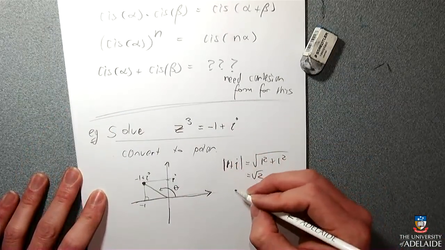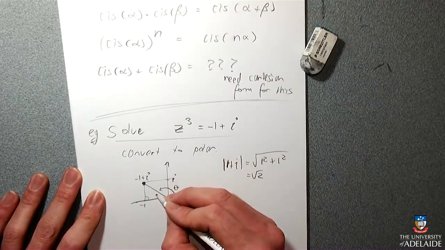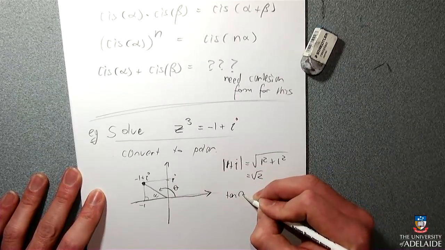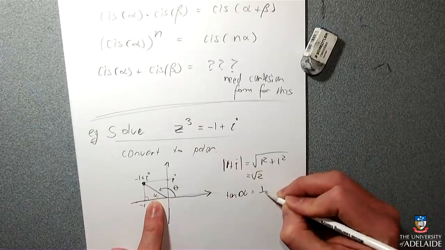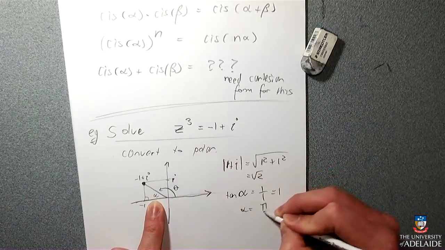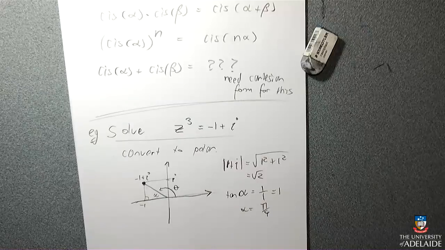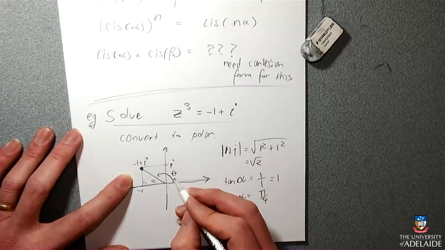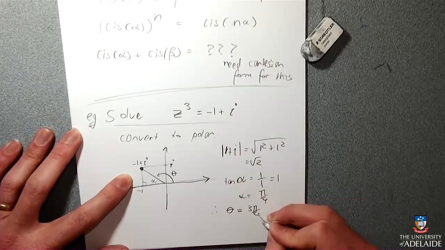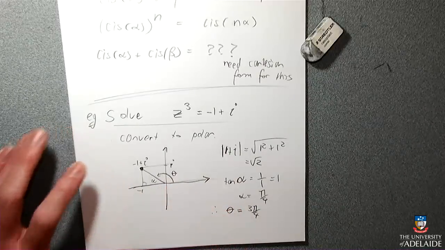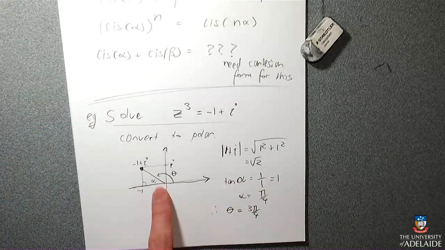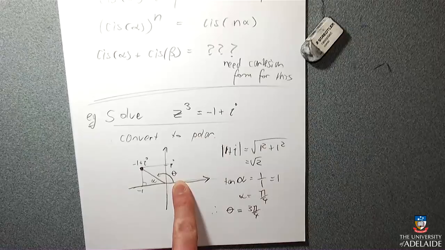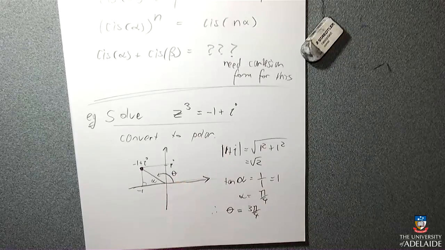And the angle, well, this angle in here, which I shall call alpha, tan of alpha is 1 over 1. And so the alpha must be pi on 4, like tan inverse of that. Which means that the theta must in fact be 3 pi on 4, because that whole thing is pi and then we have to go back pi on 4 to get to the angle I really want. Because this bit here is pi on 4 and that bit there is the rest of the pi from the pi on 4.